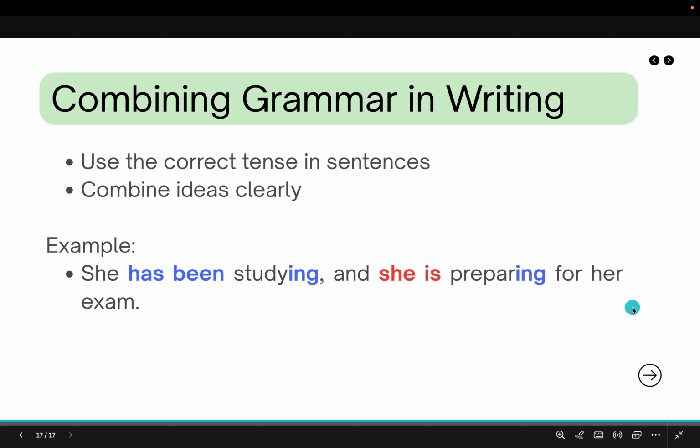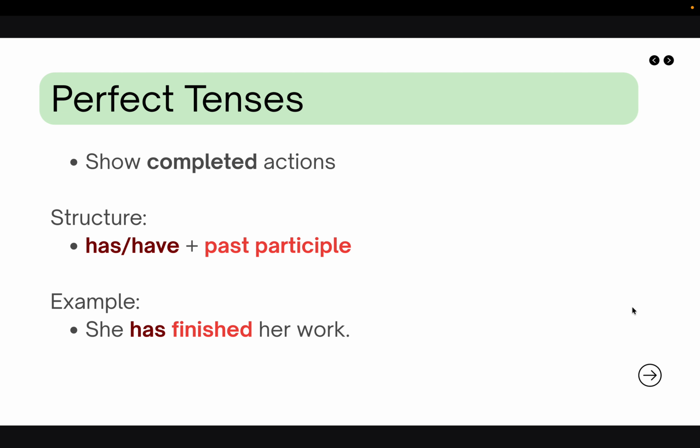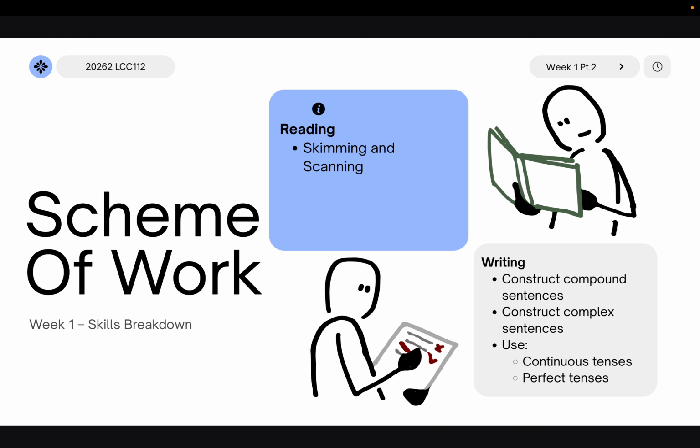So that's it about both writing and reading for this week. Okay, so I hope that it is clear. And don't worry, we will be meeting each other